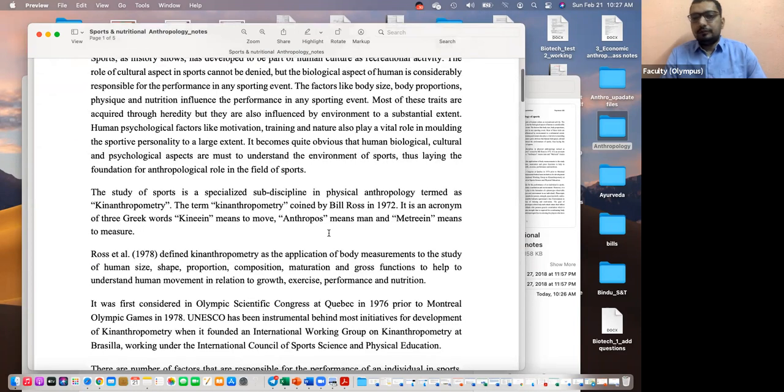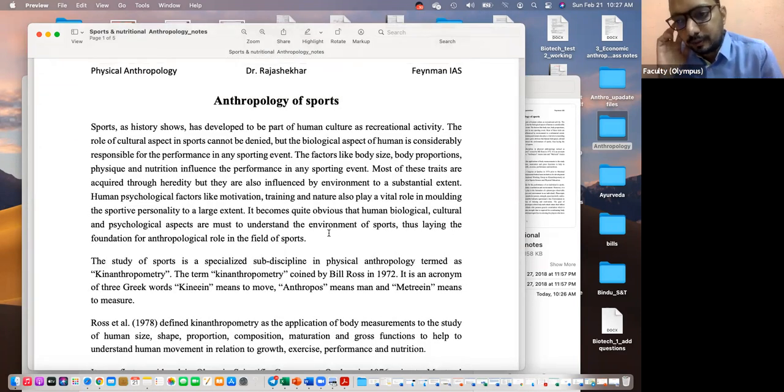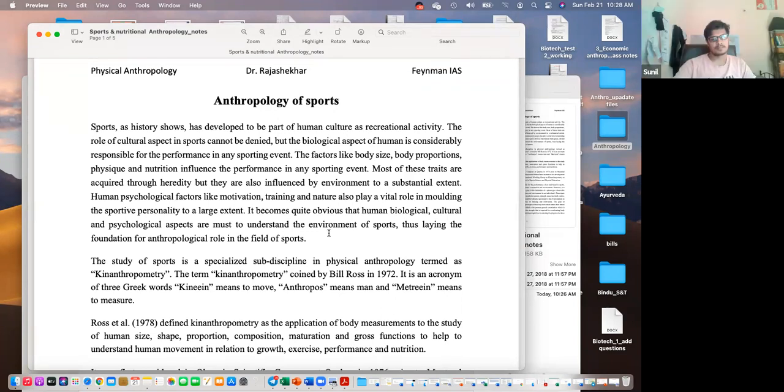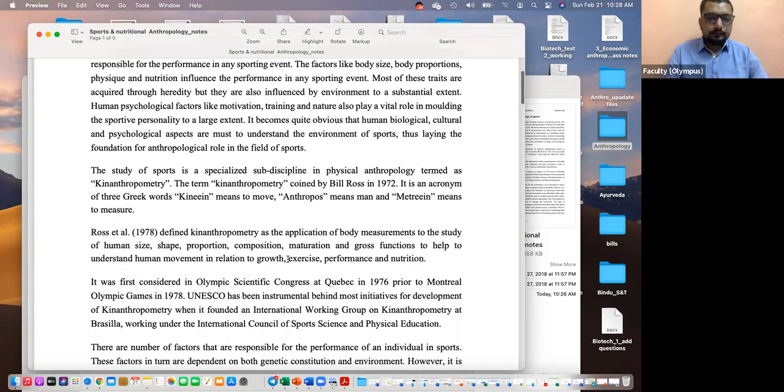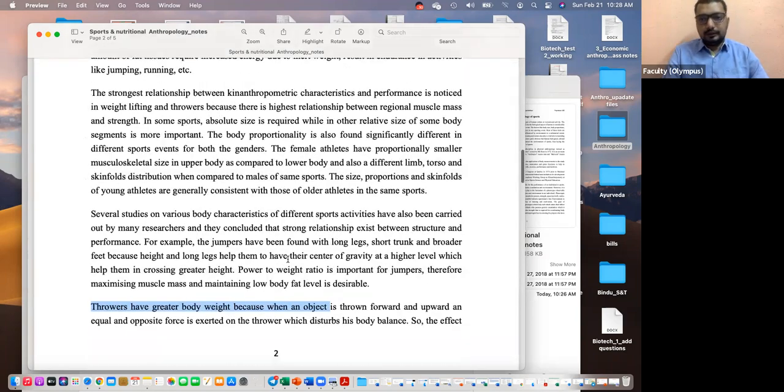Did you get the idea of what aspects we need to discuss under anthropology of sports, kinanthropometry, and the connection here, and a few examples? To strengthen your explanation and your discussion, you have to provide examples of how Olympic winners and their body type have changed over a period of time, and how height is actually a very important component in winning certain games. How a certain amount of fat is important for someone like Michael Phelps. Those are examples that you can put.